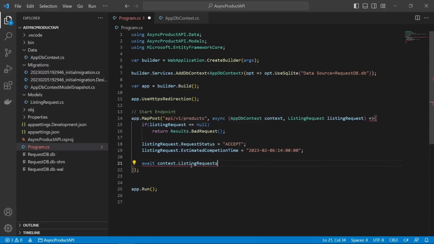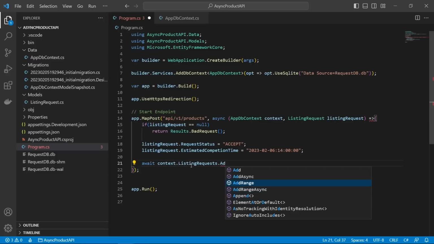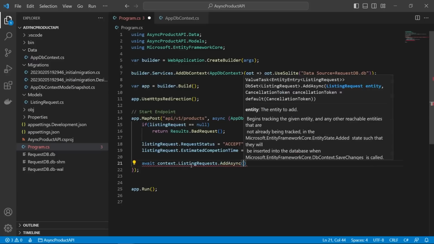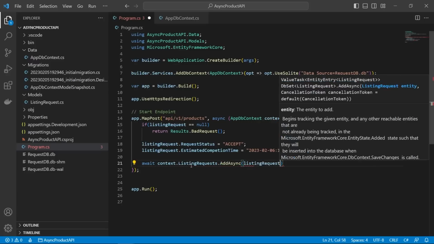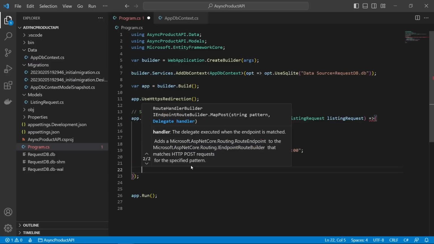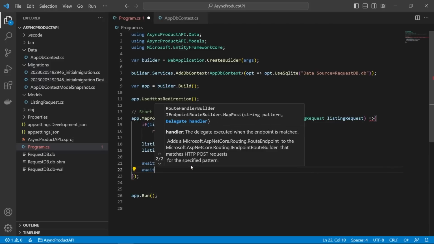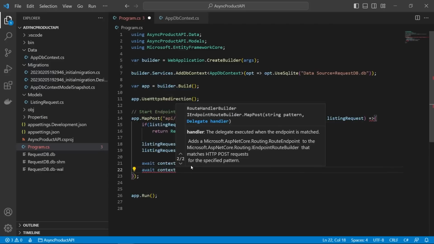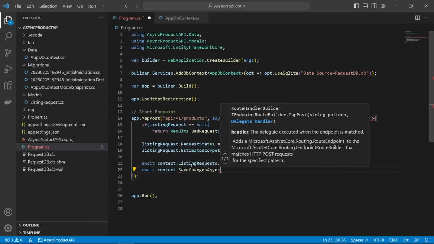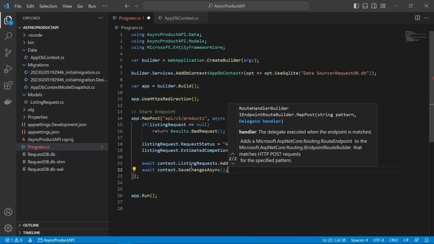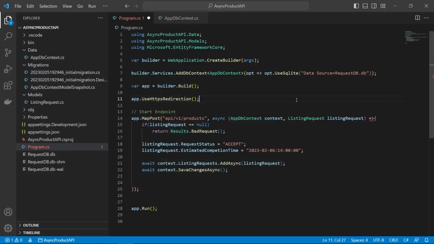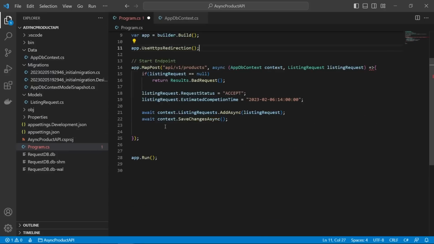Okay, so context listing requests, AddAsync, and we're just going to add in our listing request like this. Okay, fantastic. And then we will save those changes down. So await context SaveChangesAsync like that. Perfect. Okay. And then the only thing that remains to be done here is actually to generate this HTTP 202